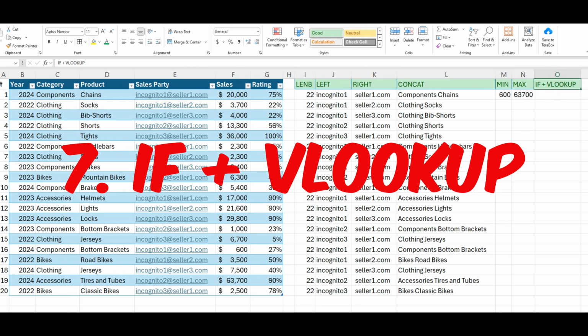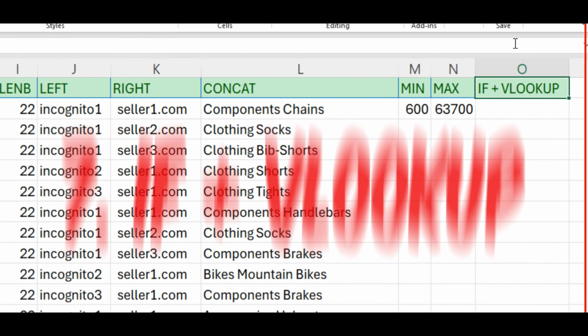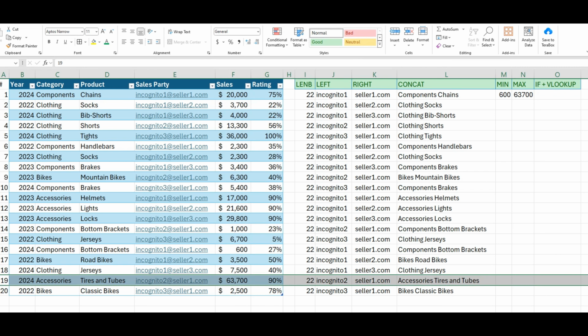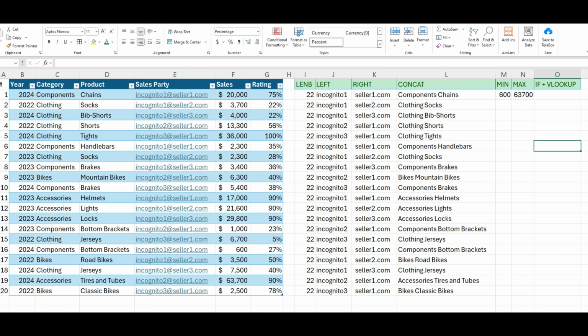Finally, let's see one of my favorites. This is not a peculiar function, but a combination of 2 common functions, IF and VLOOKUP. As we just identified the highest value, let's imagine that we want to see also where is that value and which is the rating percentage for that value. Before writing the functions, let's think about what we want to get. We want to see if the value is equal to the highest value. Then, we want Excel to check in the rating column and show the percentage related to the highest value.